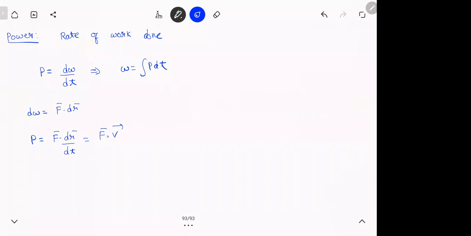Remember we have done this in laws of motion, the constraint equations. Power due to tension is T dot V. Remember the product T1 V1 plus T2 V2 is constant. If you remember there, I showed you this. So this is one important form of power, F dot V. If someone gives you force and velocity, or P is dW by dt, that's the definition. Now if you look at this from the graph, there's one more thing.